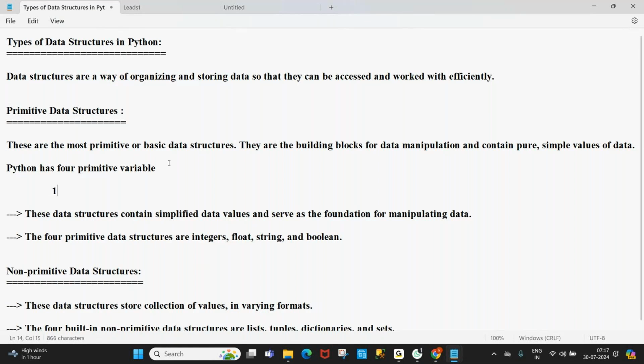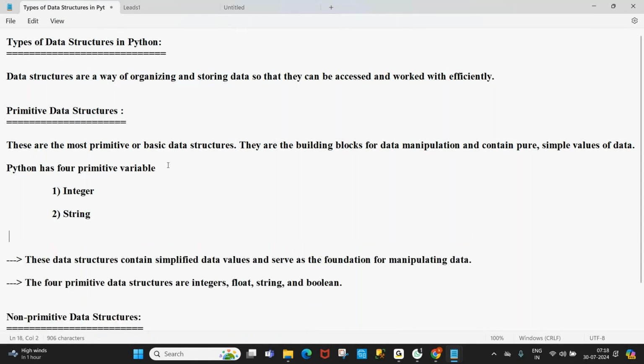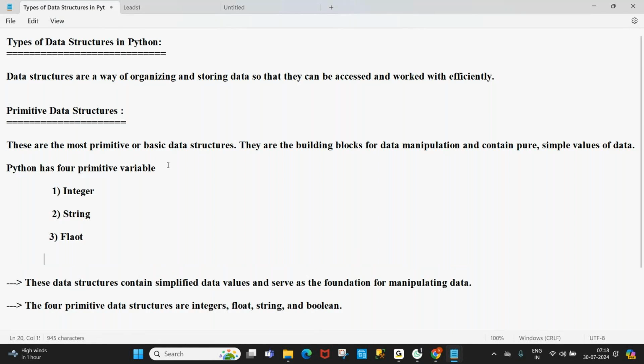One is called integer, the second one is string, the third one is float, floating point numbers, and the fourth one is boolean.